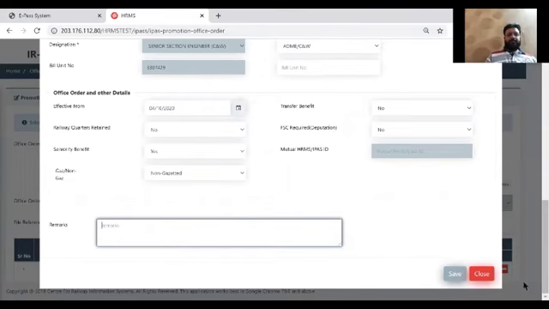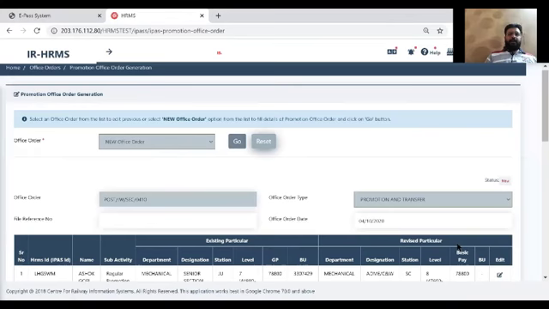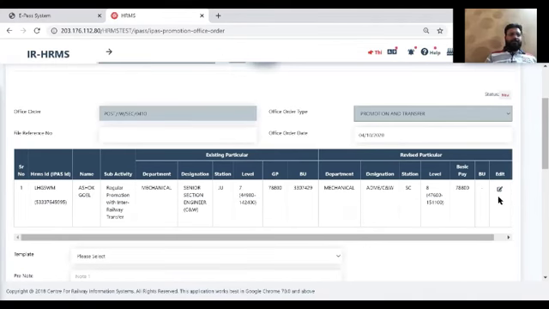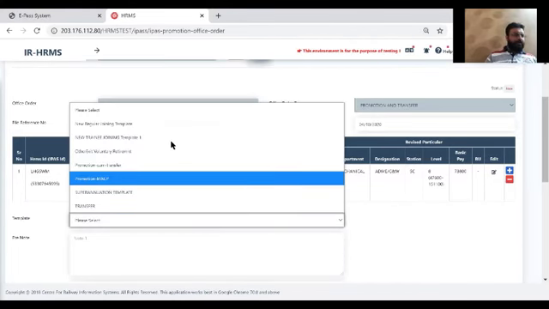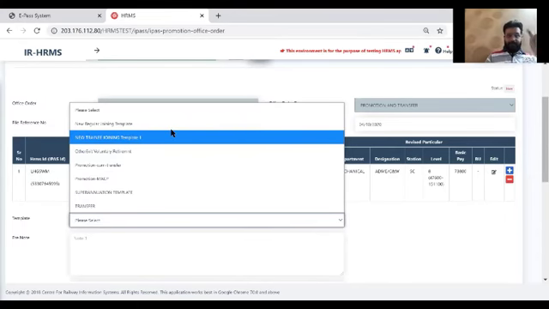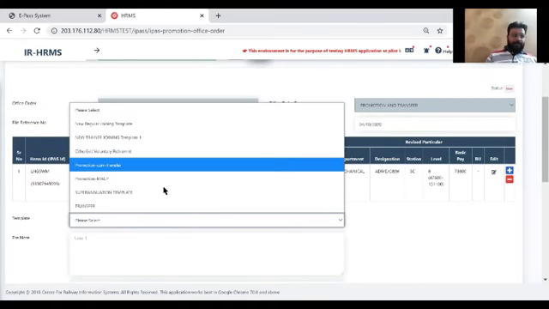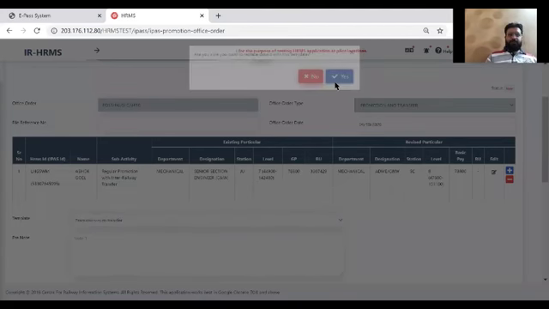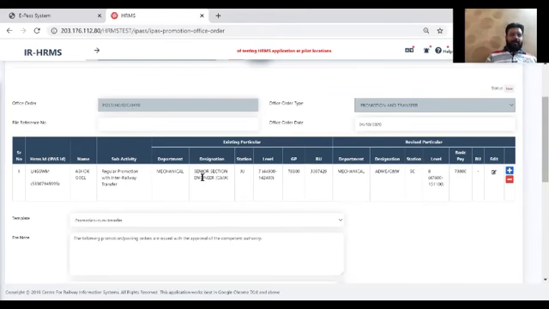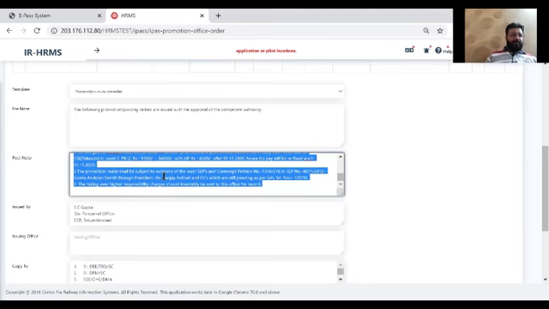I click save button. If I need to add more employee, there's a button of plus here. If I need to remove anyone, there's a button of minus. And I have some template that are saved for A Lakshmaiya. The same template may not be here because that template belongs to Jodhpur workshop for that particular dealing clerk, and this templates are for some other dealing clerk here.